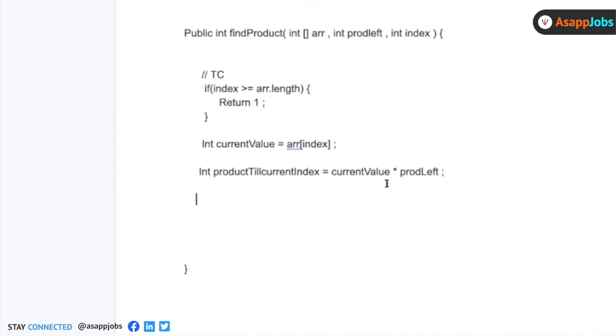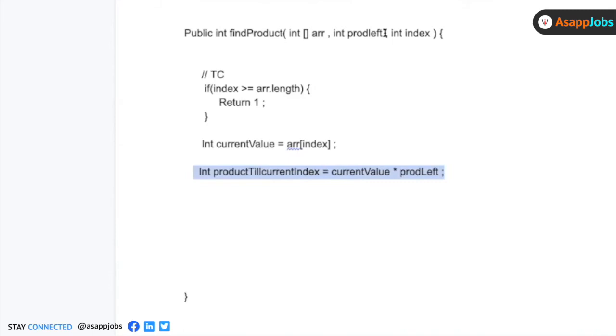Now, for a given current index, I know the value of the product left. I know the value of the product till the current position. I'm now interested in the value of the products on the right-hand side of the index. So far so good. This line is clear, guys? Because I have the product till the left of the current index already provided as part of the argument, right?